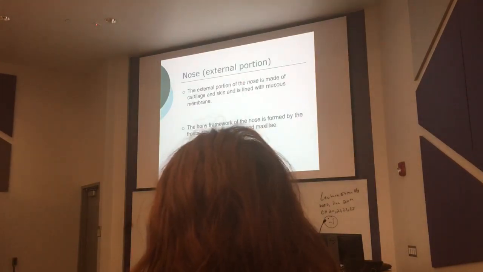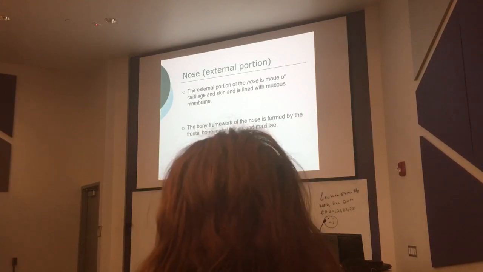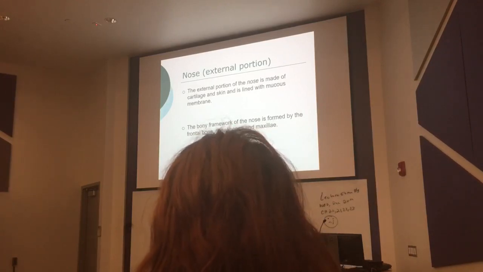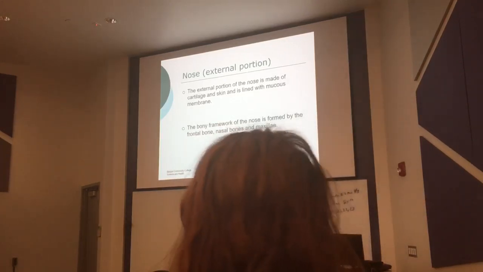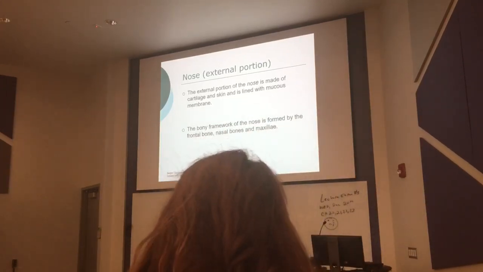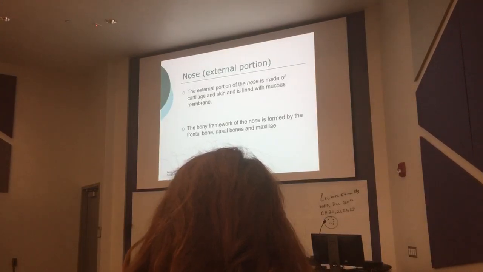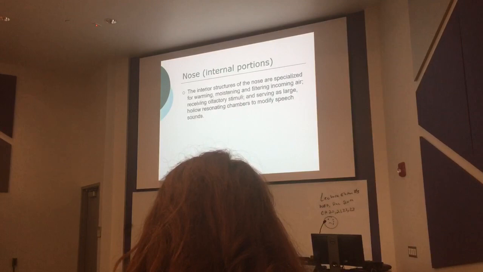I don't know. All right, so the nose is going to be lined with mucous membranes and cilia. Anything you breathe in, the mucus will catch, and the cilia will catch also. It's going to be formed by the frontal bone, the nasal bone, and the maxilla. I'll show you right here in a little bit. Okay, so we have those nasal concha or turbinates in the nose. It's part of the ethmoid bone.